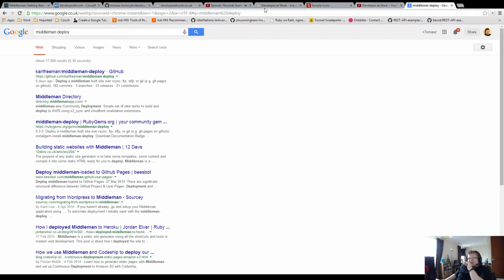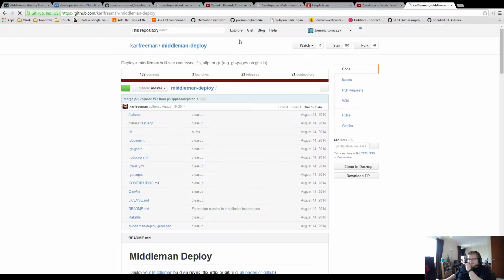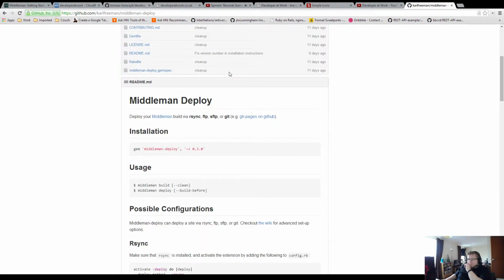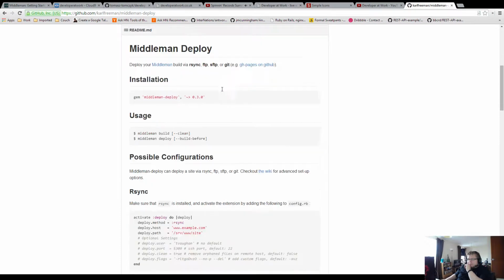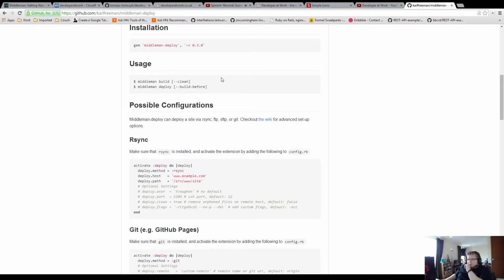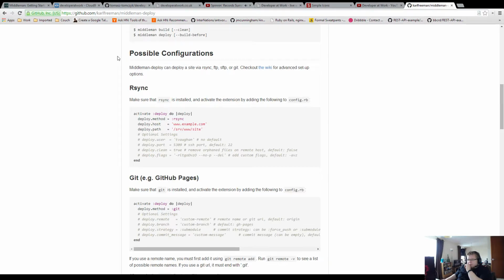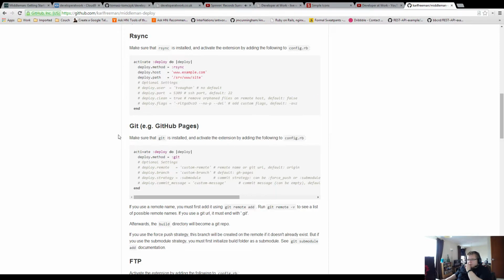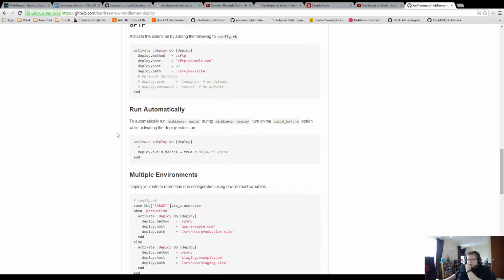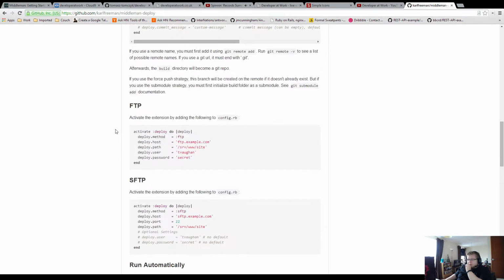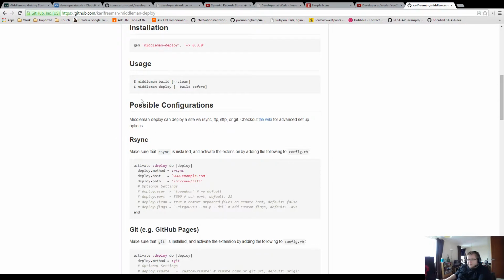We could do GitHub Pages, but oh, that's actually quite cool. To rsync. Let's do git.